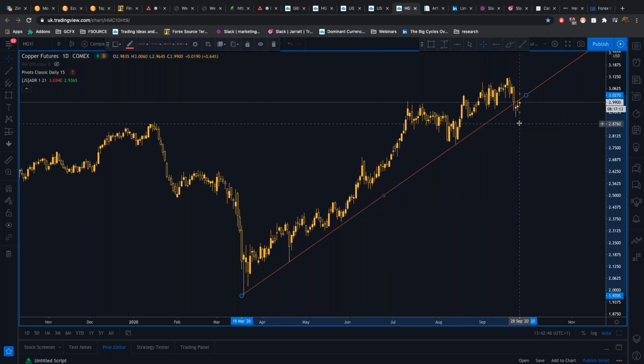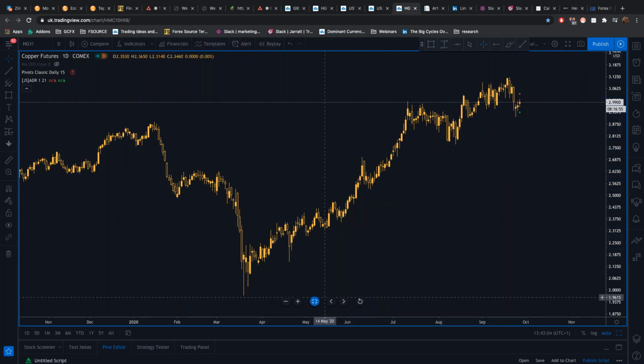So the sell factors are slowing global growth, rising COVID-19 cases, less demand. The bull case is if Chinese demand holds up, or if we get a problem in the supply chain because of COVID-19, that can also artificially boost prices. So that's definitely one to be looking out for.